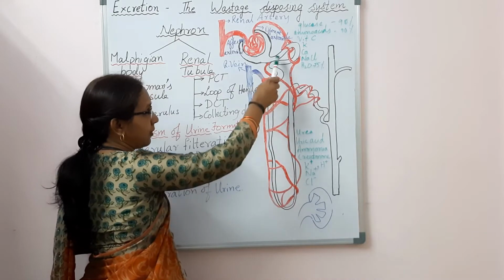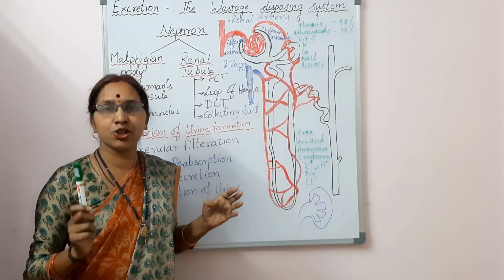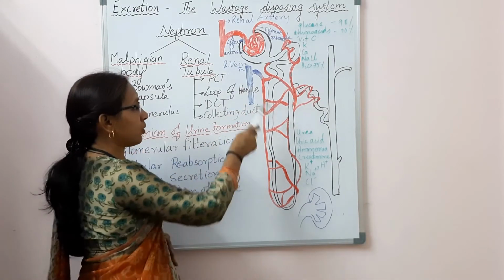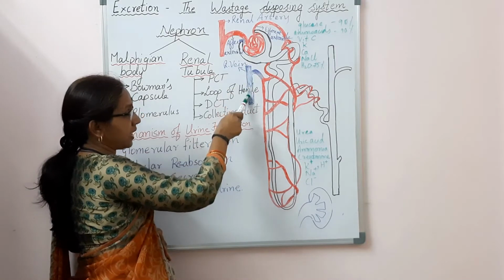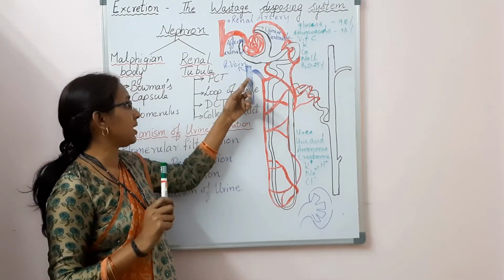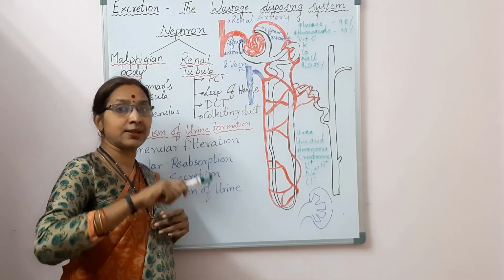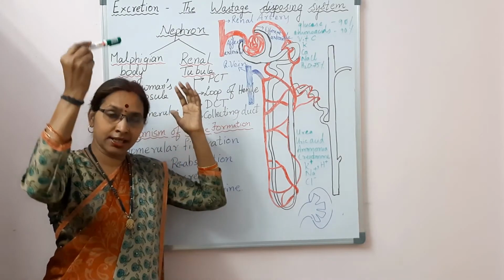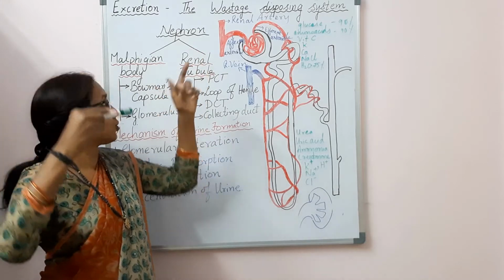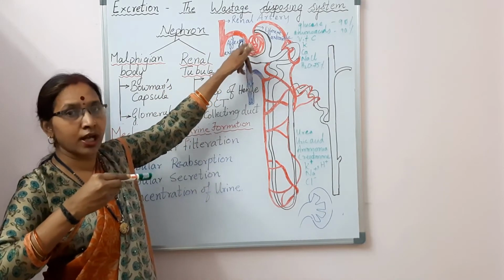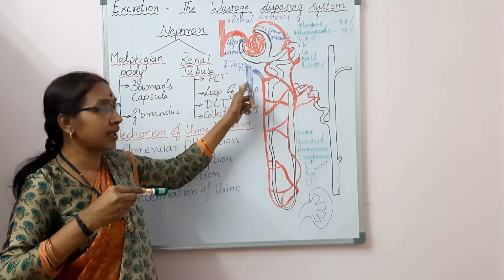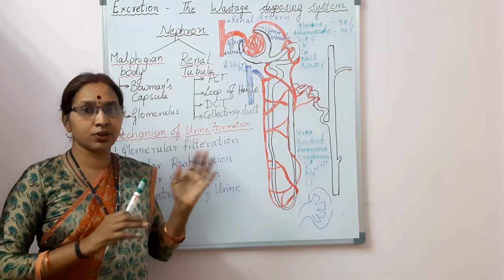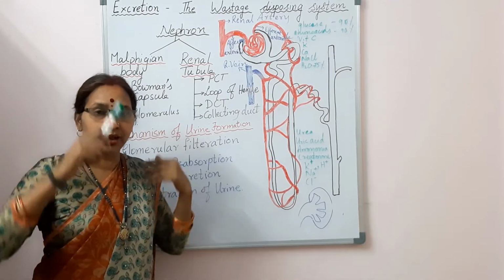Now you can see around the nephron all this capillary network of tubules, blood capillaries. These blood capillaries are known as peritubular capillaries. These peritubular capillaries again join together, and then they join to the main vein, that is renal vein, and this renal vein carries the blood from the kidneys to the heart. So this is how the blood goes from the heart through the renal artery into the nephron, and from the nephron it enters into the renal vein, and this renal vein carries the filtered blood to the heart again. So this is how the circulation of blood takes place from the heart to the kidneys.